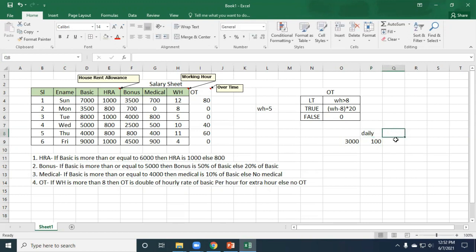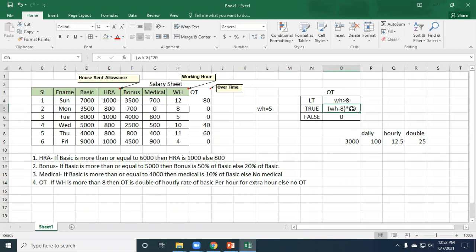So per hour, hourly income. How you get hourly income? Equal to, this is daily income divided by 8, because you have to work 8 hours. So this is the per hour salary. Per hour, double of hourly rate. That means double. How you will calculate double? This hourly rate into 2. So this is the actual. If anyone is getting 3,000, double of hourly rate will be 25. So how you can find out? It's very simple. So we can do here, such working hour is greater than 8.